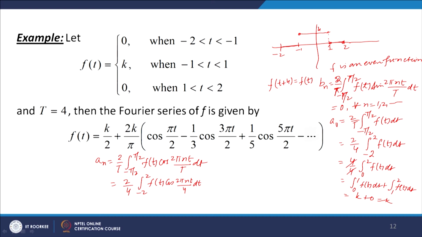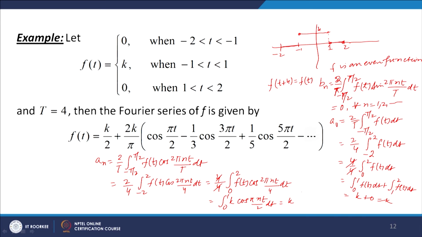Okay. F is an even function, cosine is also an even function. So, the integral over minus 2 to 2 is 2 times the integral from 0 to 2. So, we get 4 over 4 integral over 0 to 2 of f(t) cos(2 pi n t over 4) dt. Over 0 to 1 the function is k, and over 1 to 2 the function is 0. So, we can write the integral over 0 to 1 of k times cos(pi n t by 2) dt,